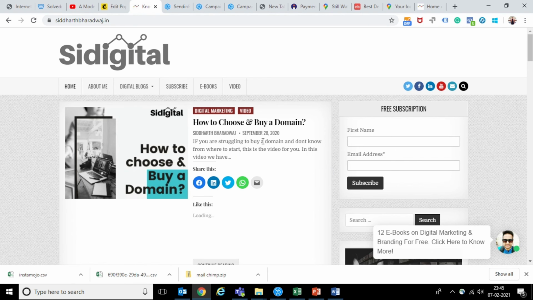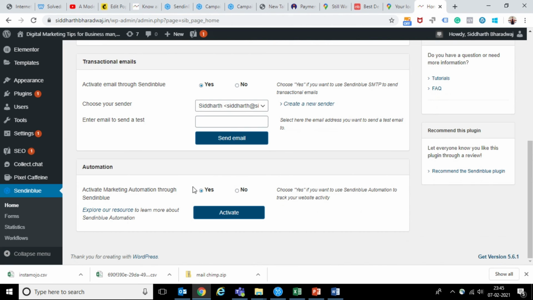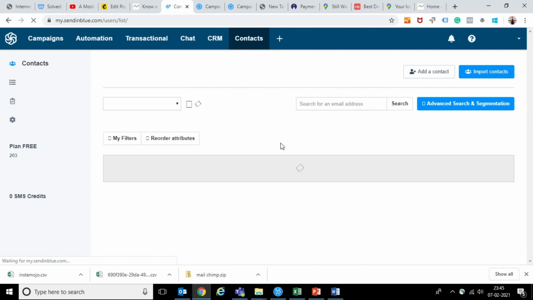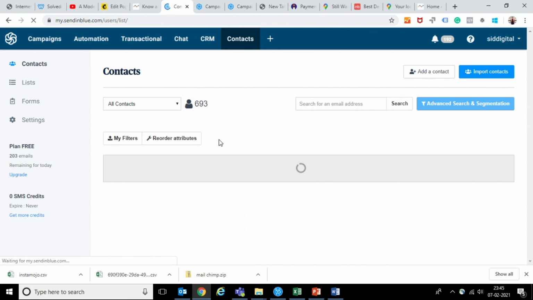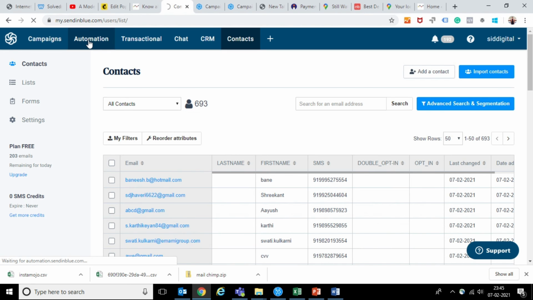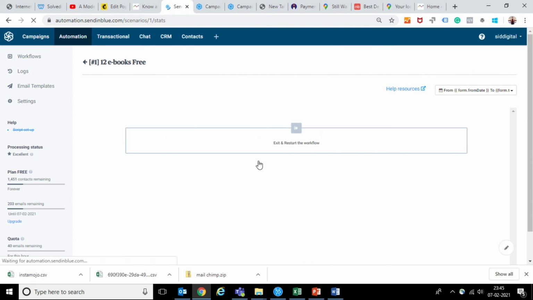Both these places I have installed that code, and that code triggers the email ID to go inside automation, and I start seeing my email ID inside my contacts. It gets added automatically, and there are a lot of lists that are created, right? It gets added automatically into my list, and this list automatically is triggered to an automation format which goes here, and you can start seeing the automation as it starts, right?